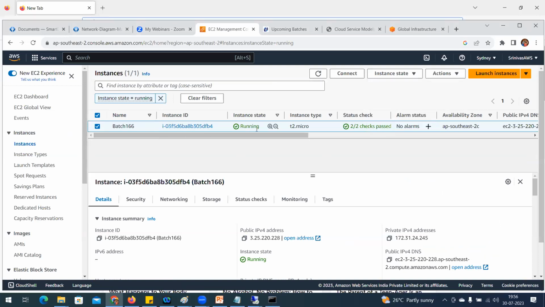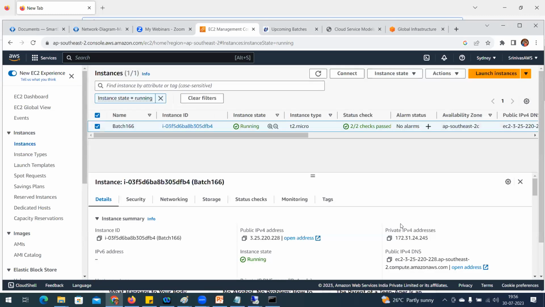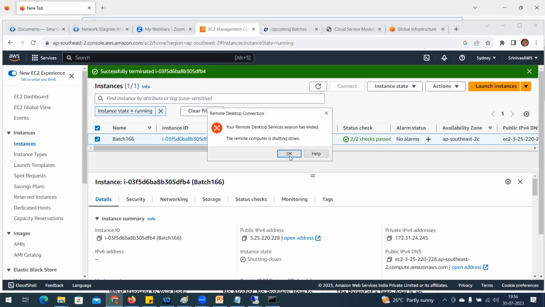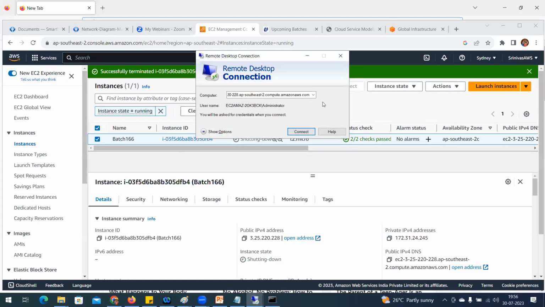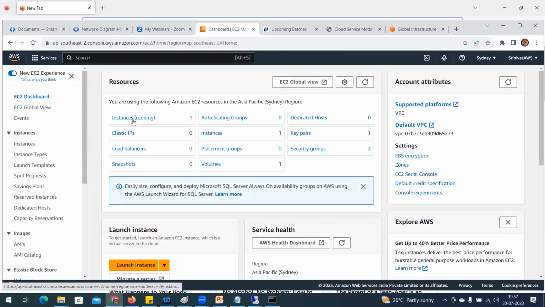So when the session or your practice is completed, you come under instance state and choose terminate instance. This terminate instance is going to delete it and it is not going to charge anything. Whatever hours you have for your month, 750 hours, the running session consumes them. As soon as terminate is done, it shuts down and terminates, and you come back to the dashboard. As soon as the instance is terminated, my volume is cleared.